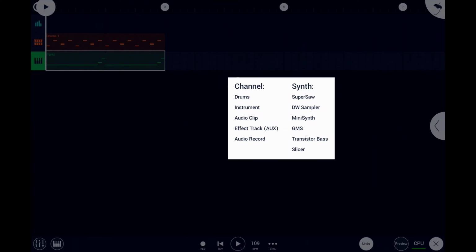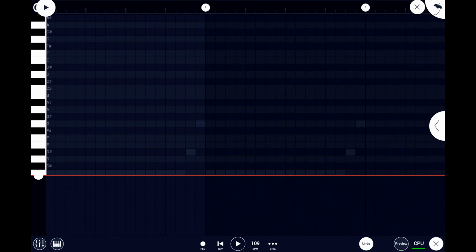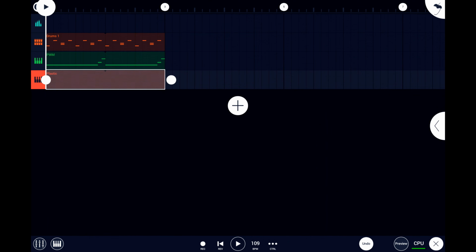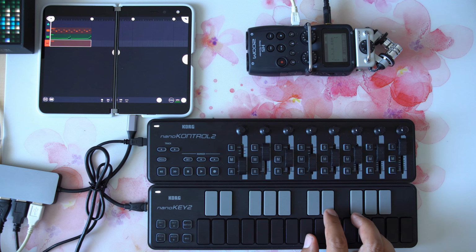Next, I'll add a keyboard sound for the chords. I'll use the mini synth plugin for this and the plastic patch in the keyboard section. The keyboard plays reggae style, so on the 2 and 4. I'll record this playing the keyboard,